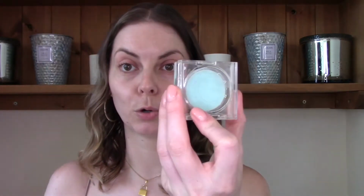So this claims to cool, soothe and prime for makeup. Prime tired eyes with this cooling eye balm. The velvety texture helps smooth and blur the appearance of imperfections under the eye. Light is diffused around the under eye area to smooth the appearance of skin and make it look more awake. It immediately refreshes the delicate skin under the eyes with a cooling sensation while priming for colour corrector and concealer